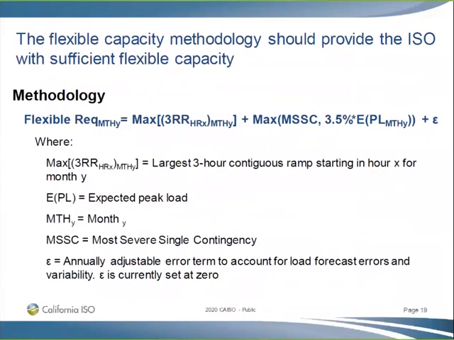So far, we think we're pretty close with the actual experience, so we never really implemented this epsilon value. For this year, we did not make any adjustments to epsilon. For 22 and 23, we did not. This is the way we do the flexible capacity requirement calculation: taking the 3-hour ramp and then adding that